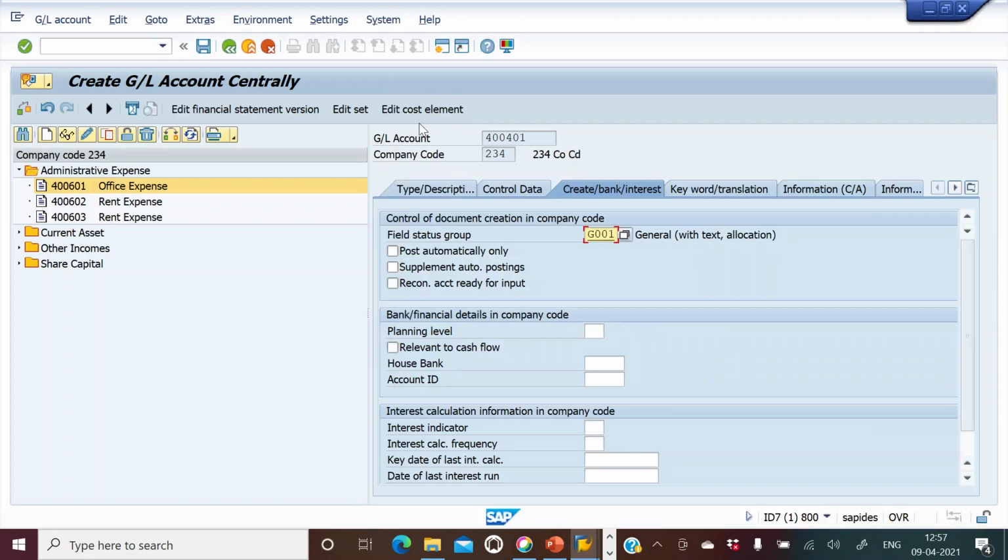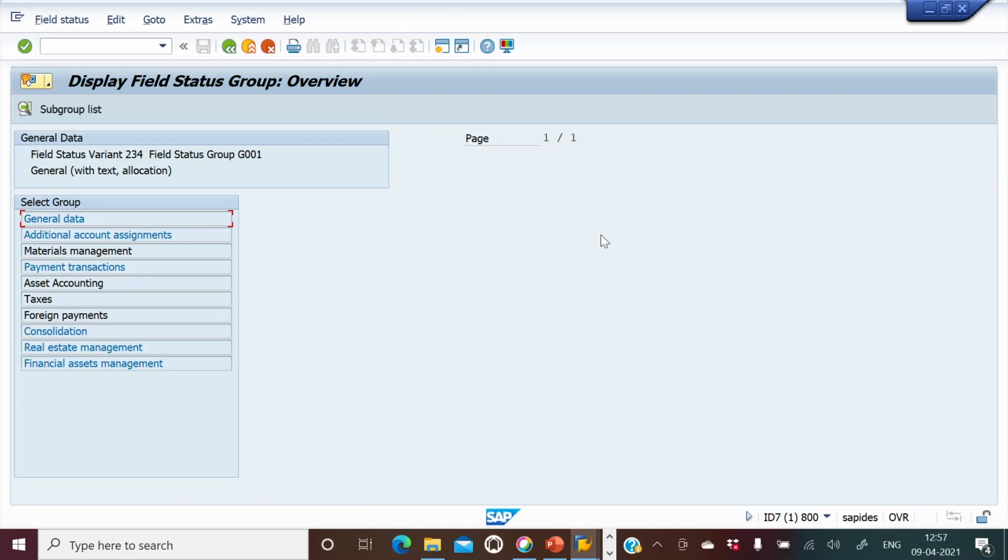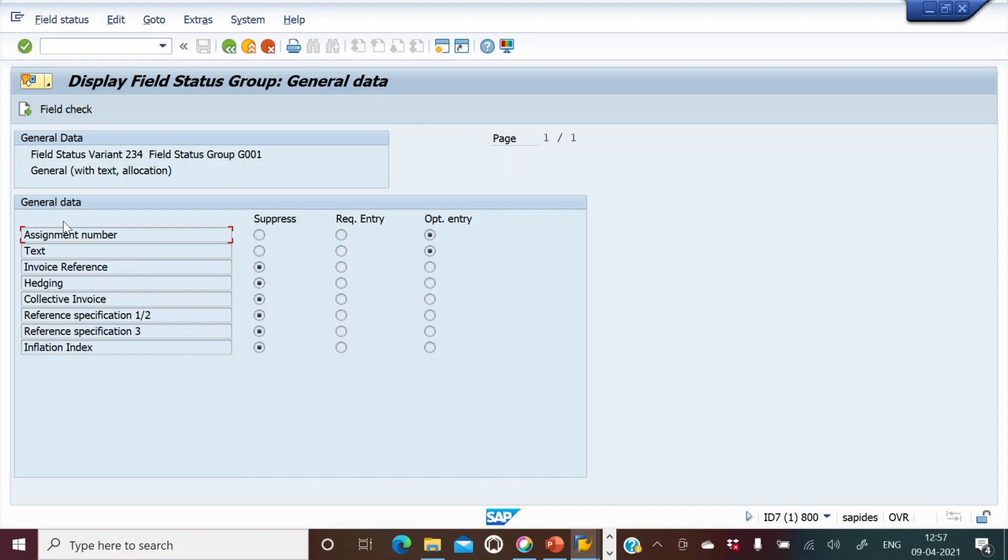If you double click here, you go to G001. I have selected G001. If you want to look at what G001 means, it will show the field status of these groups like general data, additional accounting, assignment. If you click on general data, you see that assignment number is an optional entry, right? And invoice reference is suppressed, right?